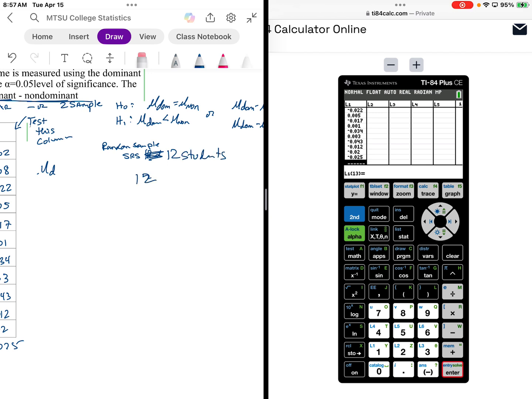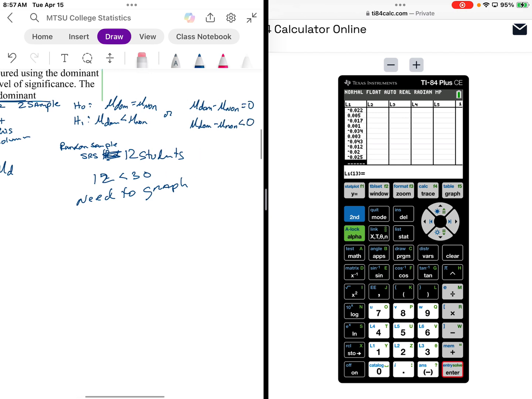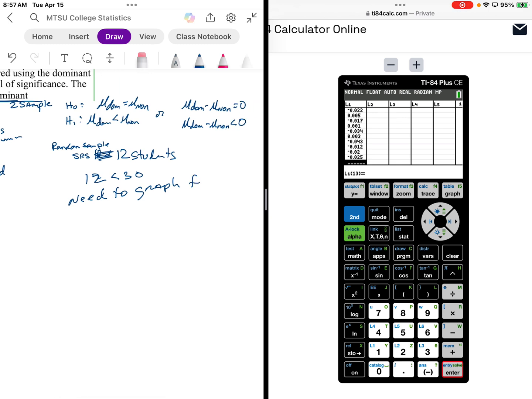12 is less than 30, so we need the graph for us to do the normal part. So does anybody need more time typing numbers in? All